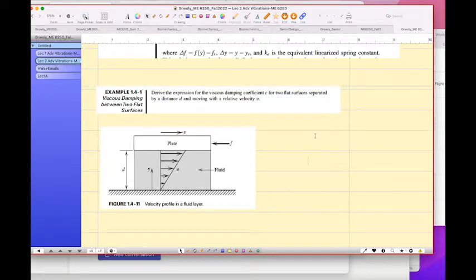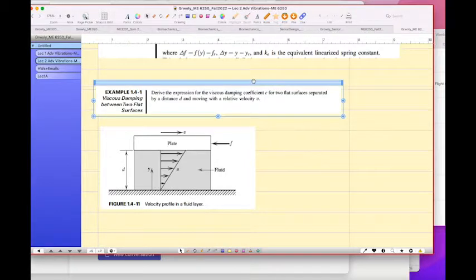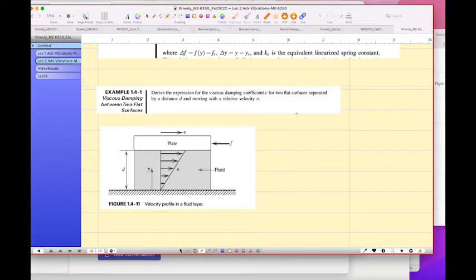This video is going to show you how to derive the expression for the viscous damping coefficient, C. So what is C equal to? It is a very useful method because damping is involved when there is a thin film